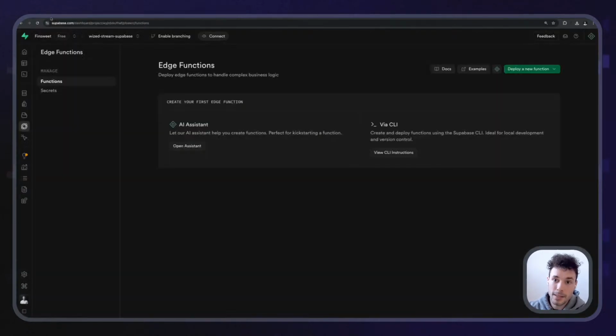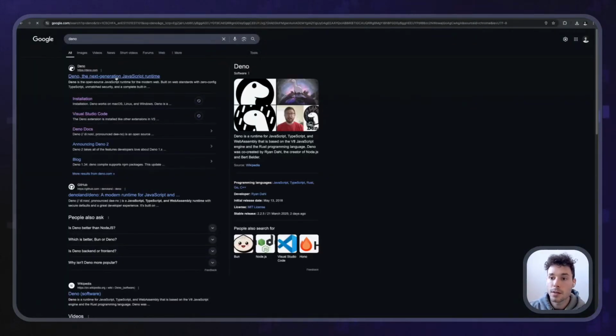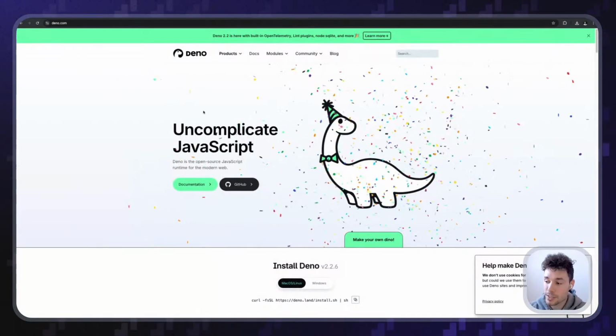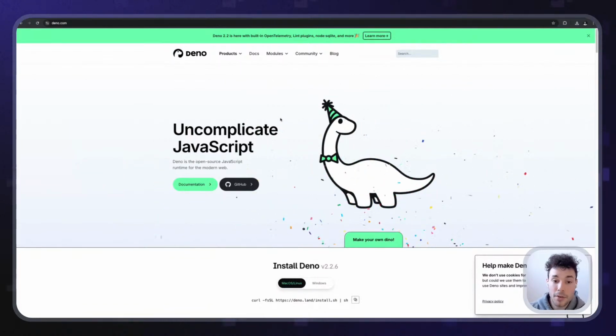The particularity of Supabase Edge functions is that they run on Deno, right? They don't run on Node, they run on Deno. Deno is another JavaScript runtime that is not Node, but it's by the founder of Node.js. And although there are many similarities because it's still JavaScript, there are some APIs that might be different from Node.js